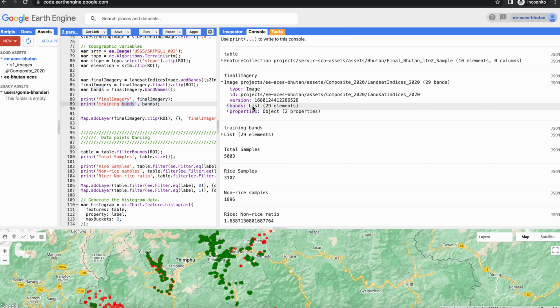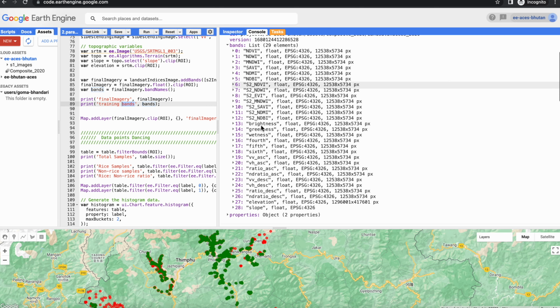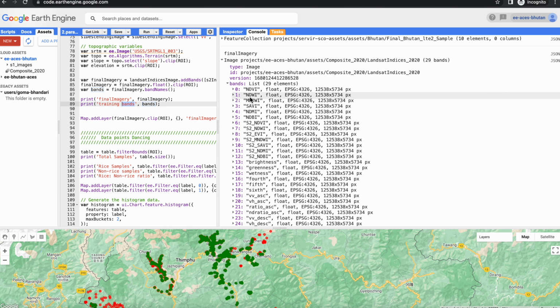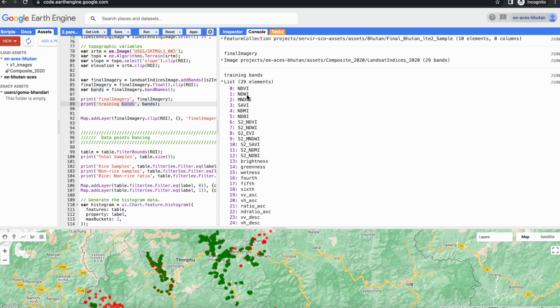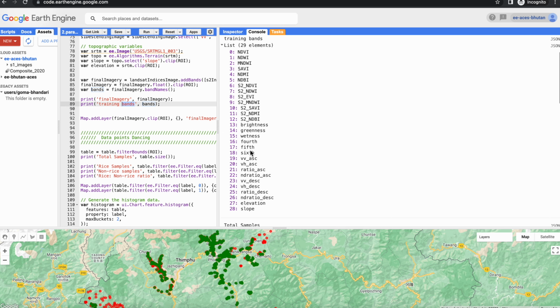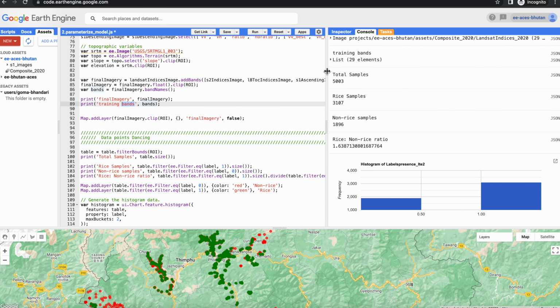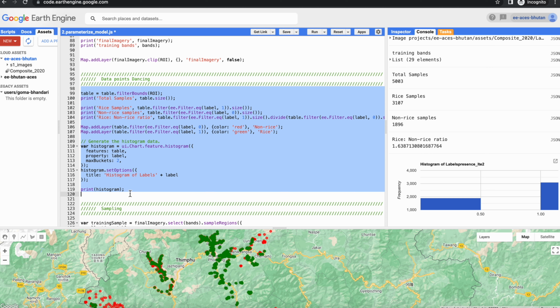The final imagery has NDVI, Sentinel-2, brightness, and all the indices that we saw in our previous lecture, and the list is printed over here in training bands. So we are using 29 elements to train our model,